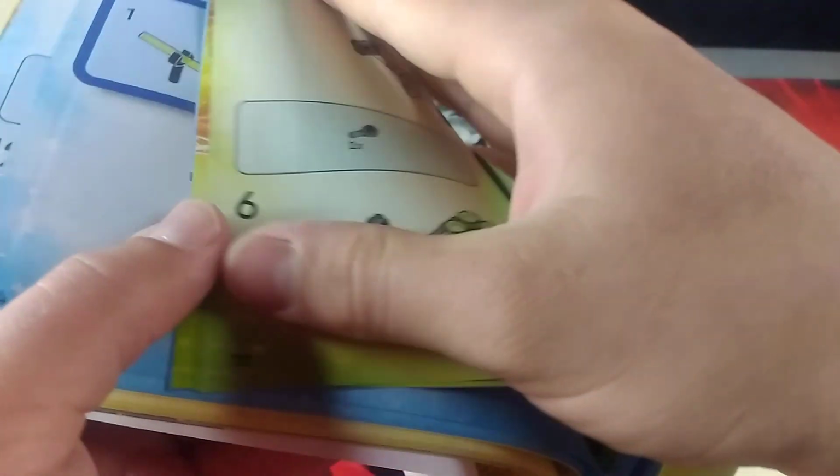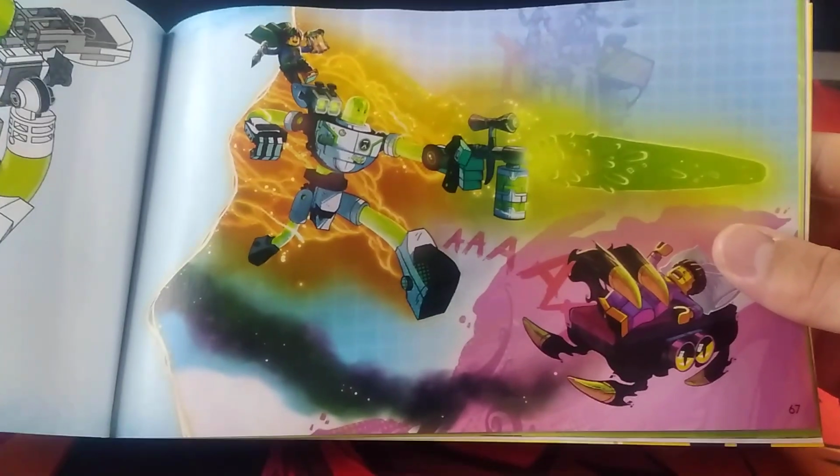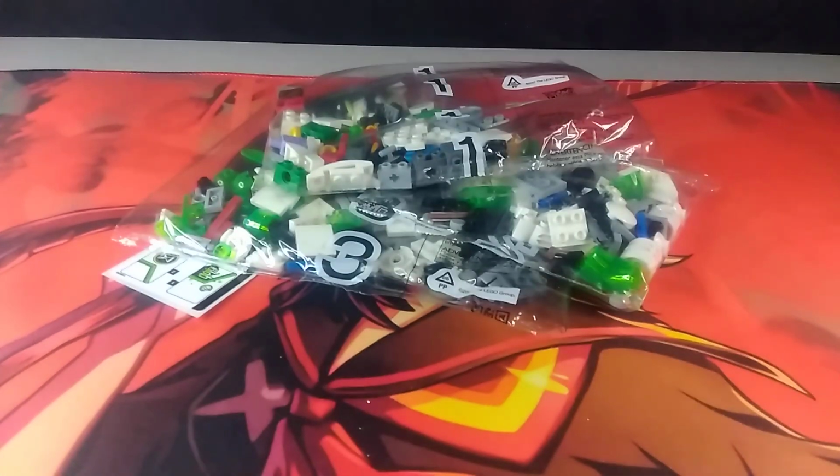What? That is insane. What? Oh, that is so cool. I have never been more impressed with Lego instructions than I have right now. And I do apologize that so much of this